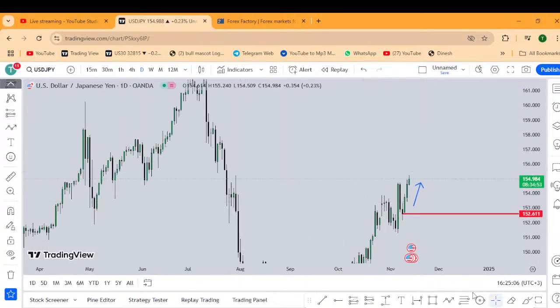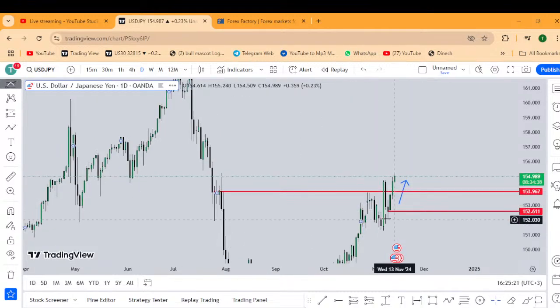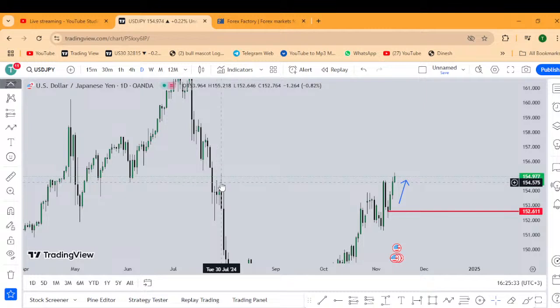Also, if you look here, this zone here was breaking. After breaking this zone, it is an indication that yes, the buyers are so strong. You know this zone was so strong. Look at the candle which broke through this area here. It was a candle with a very big momentum. But after breaking through, a retest happened. Then the buyers continued. So this is an indication that this pair is proceeding with the buys. This is an indication that the buyers are there.